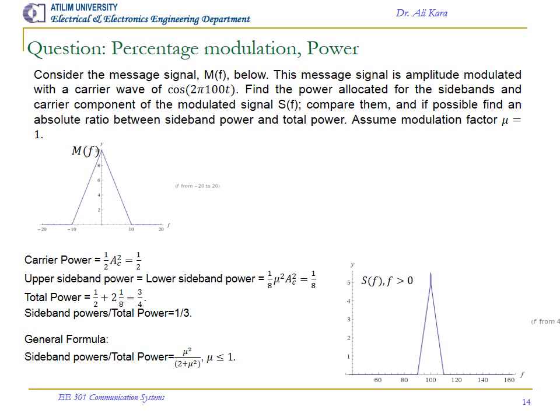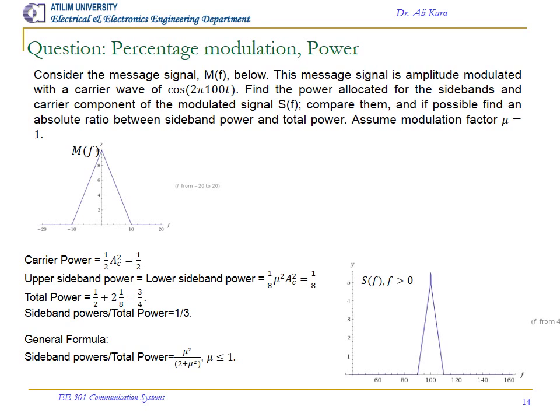Compare them, and if possible find an absolute ratio between sideband powers and total power. Assume modulation factor mu equals 1. Solution. Look at the course book, Communication Systems, Haykin, Moher, pages 77 and 78, to see how the